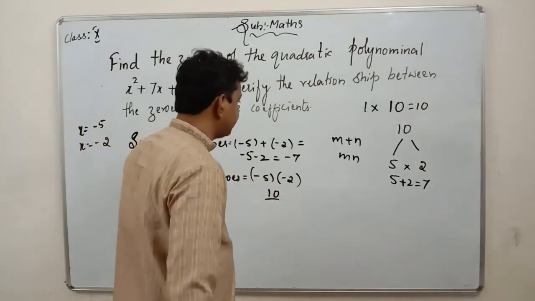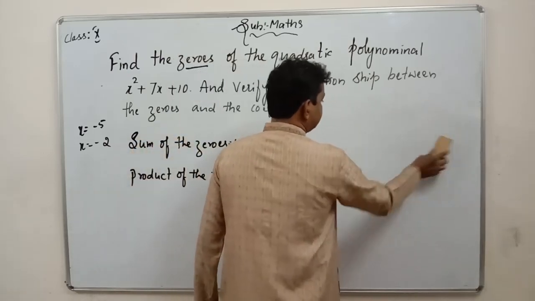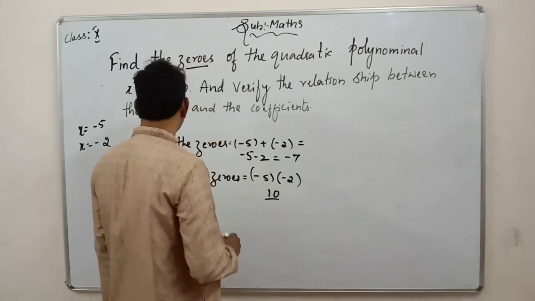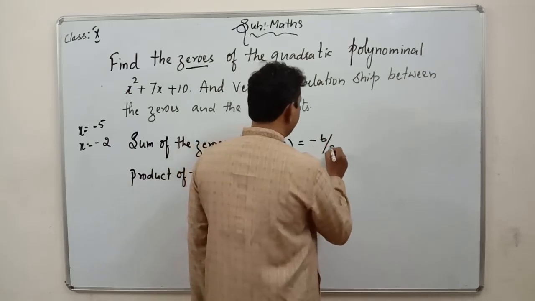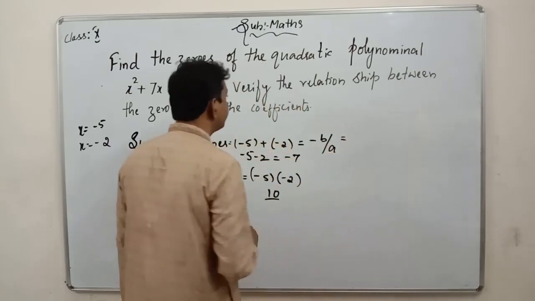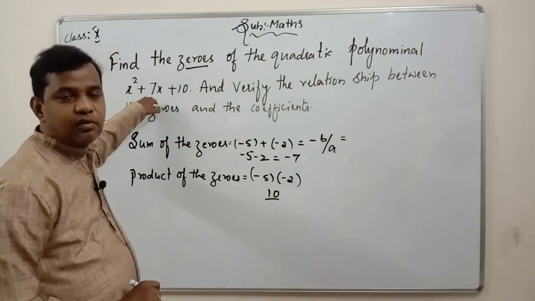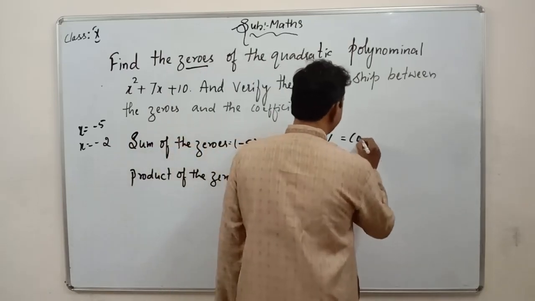This can be written in this form also. You can write this also. So sum of the zeros can be written as, I told you, minus b by a. What is minus b by a? What is b here? 7 you have. What is 7 here? That is nothing but coefficient of x